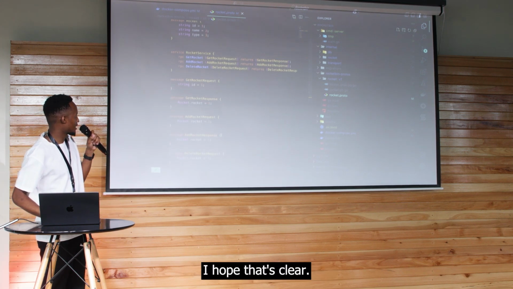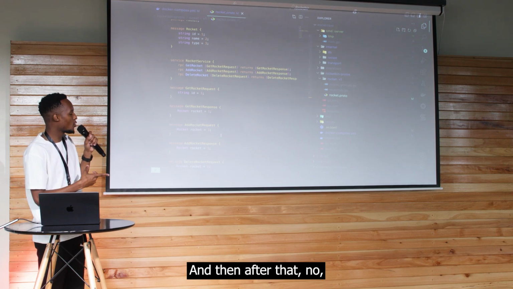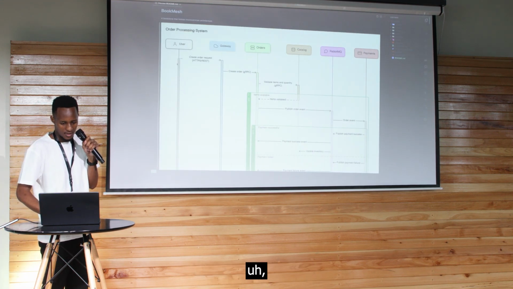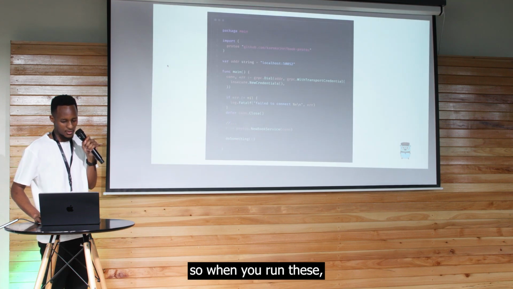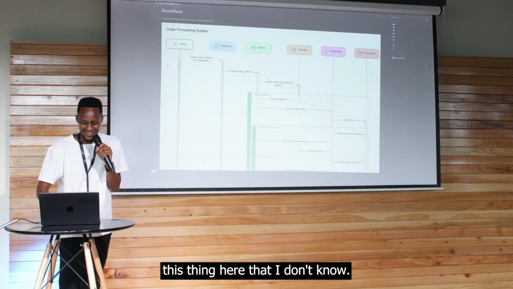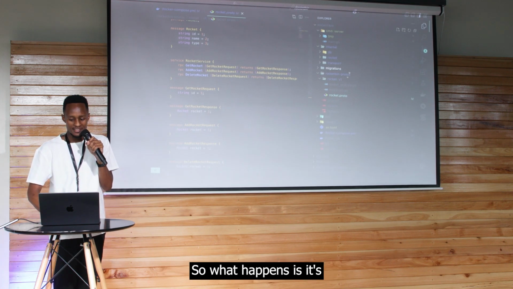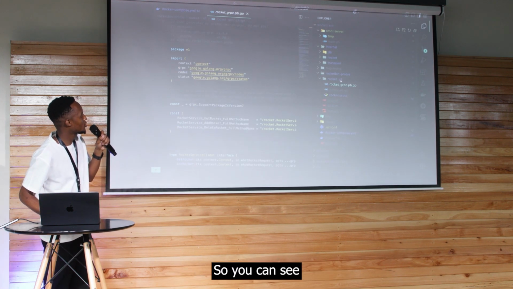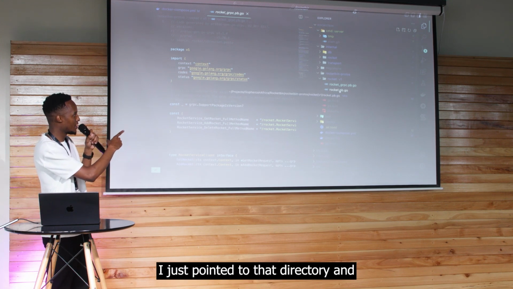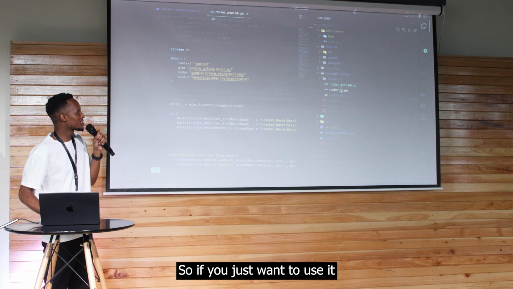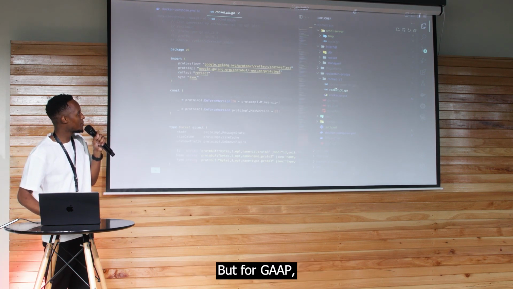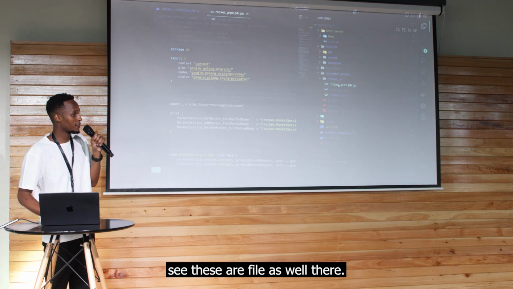I hope that's clear. And then after that, when you run this thing here, what happens is it generates this code here. So you can see, I just pointed to that directory and it generates here. If you just want to use protobufs directly, you can access them from here, but for gRPC, there is a file as well.